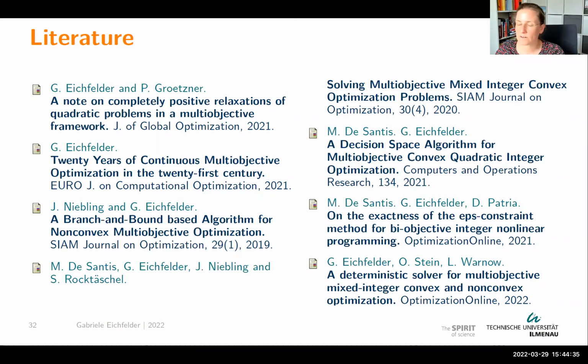In the specific setting of integer and quadratic, or if you have other types of specific structure, there exists another very well-known way of scalarizing your problem. Scalarizing is something like a weighted sum of your problem. Also, the epsilon constraint approach is a very well-known scalarization where you minimize one of the functions and put the others into constraints. Also for that, you get some nice results that you can prove, that you can find all non-dominated points and how to choose your parameters. And finally, for mixed integer convex and even non-convex, we have just recently submitted a paper. So there exist developments, but I would say you cannot just use what was such a strong result.